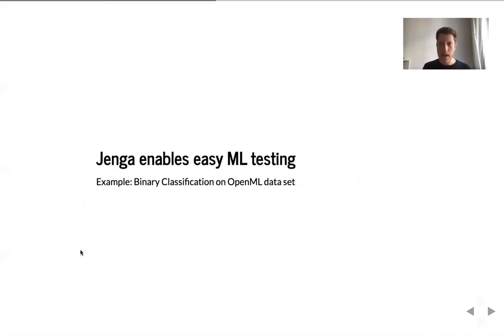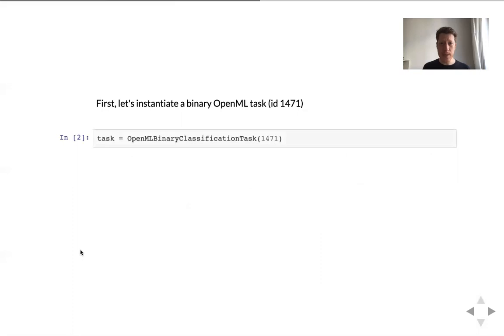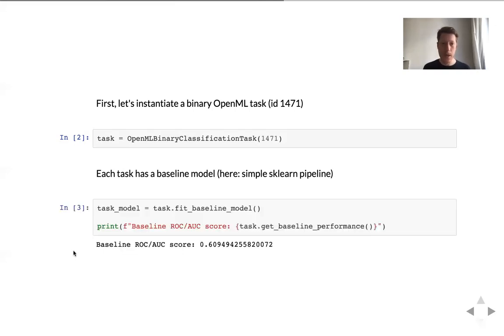Now, here's an example of how to use Jenga on an OpenML dataset, binary classification. We first instantiate this task, which is as simple as this. We just give it the OpenML ID for a dataset. And then each task has a baseline model. Here it's just a simple scikit-learn pipeline, but it's easily customizable. And we can fit that baseline model, and then we get the baseline performance, which is just above 60%